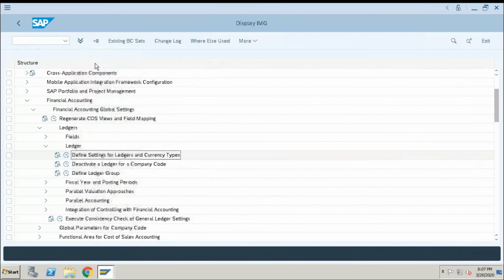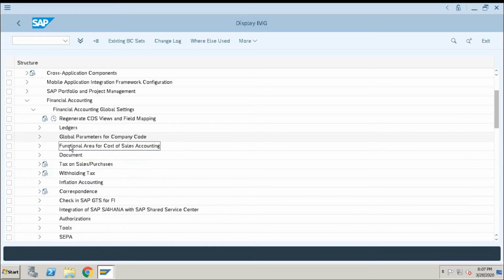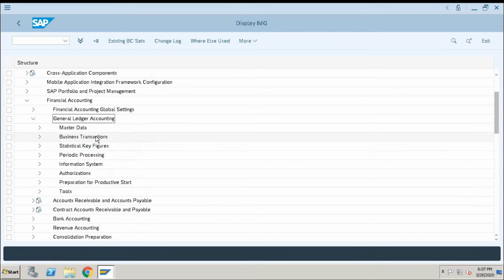Immediately, once we activate universal journal, we deactivate a ledger for company code. What's that? Deactivate a ledger for company code. Where do we create this ledger in ECC? Right? Once we activate universal journal, immediately we deactivate a ledger in ECC ledgers. And the second condition, in chart of accounts,